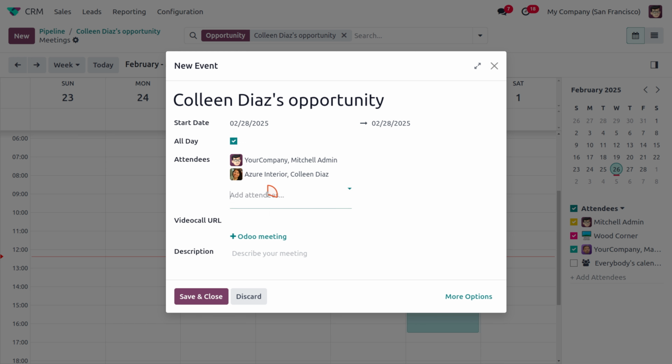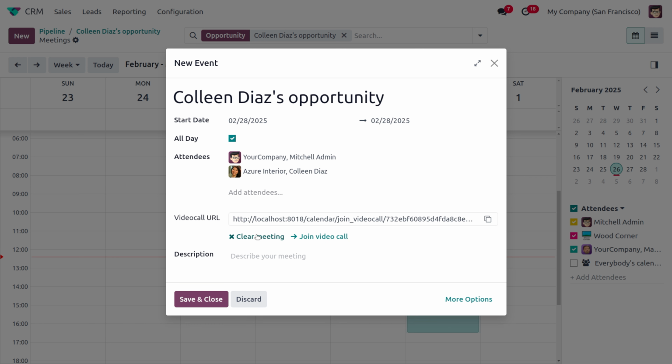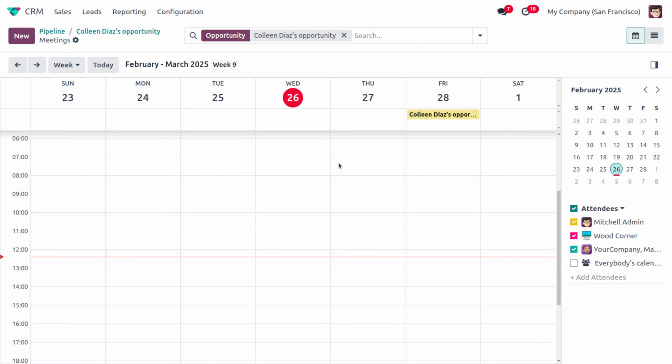You can also set the attendees, that is, the person who conducts the meeting will be over here, as well as Azure Interior, which is the customer, for whom we will be setting the meeting. If you want to generate the meeting link here, we can just generate, and let's click on save and close. In this case, you can see we have scheduled the meeting for the whole day.